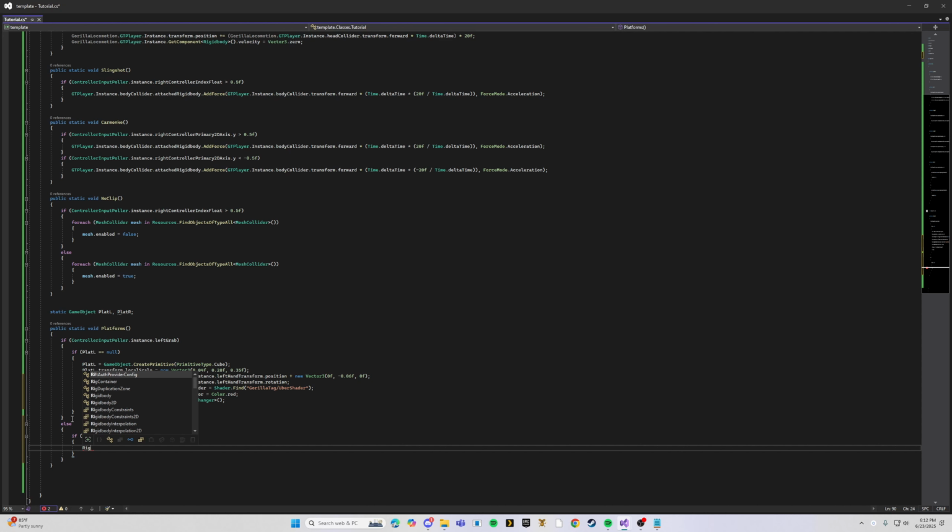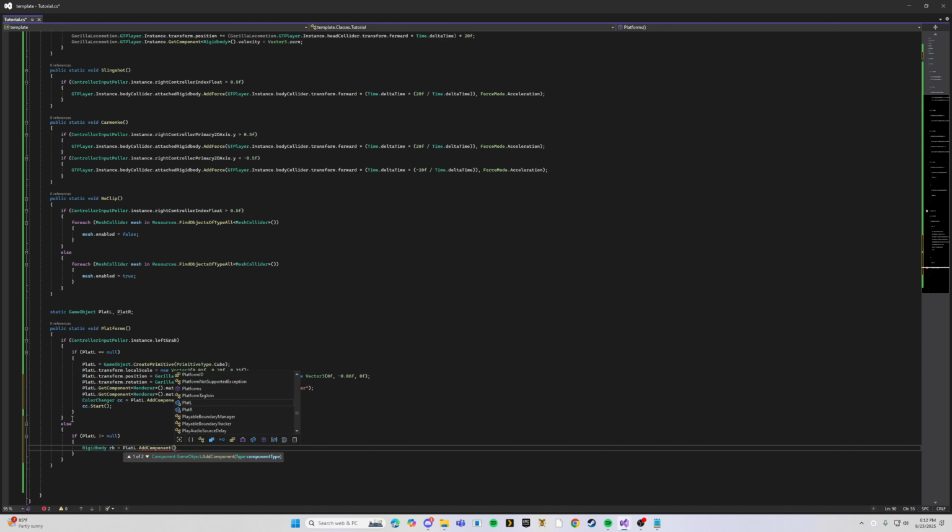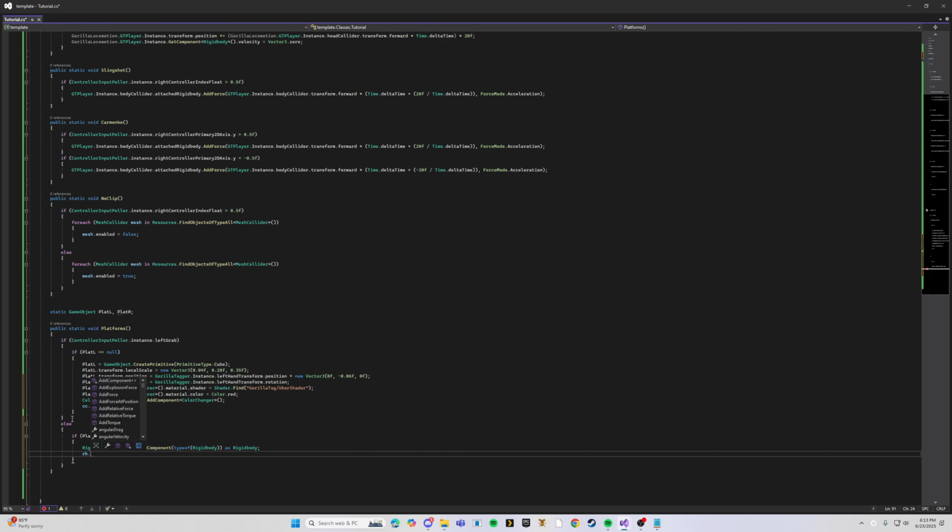So we're gonna do Rigidbody RB equals platL.AddComponent(typeof(Rigidbody)) as Rigidbody, and then we want to do RB.velocity